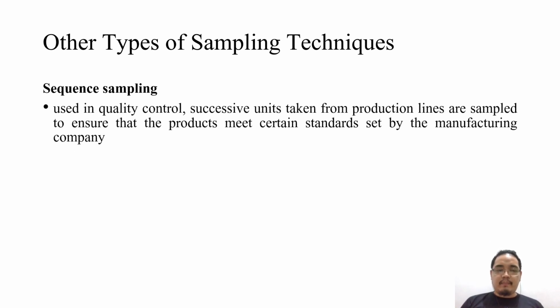So, the last one will be about the other types of sampling techniques. So, we have first the sequence sampling. So, sequence sampling is used in quality control. So, dito kumukuha lang ng successive units and then itetest yung units na yon. And then, syempre, kung ano yung characteristics nun, yun din yung characteristics ng mga hindi napili. Okay? So, like for example, sa mga manufacturing company. So, random, kukuha sila ng magkakasunod na products,